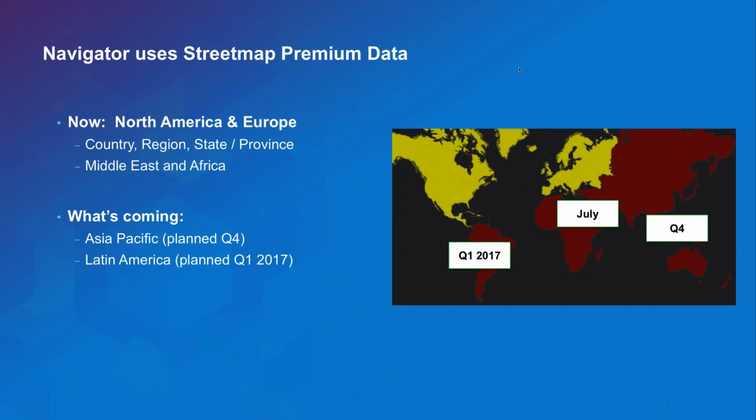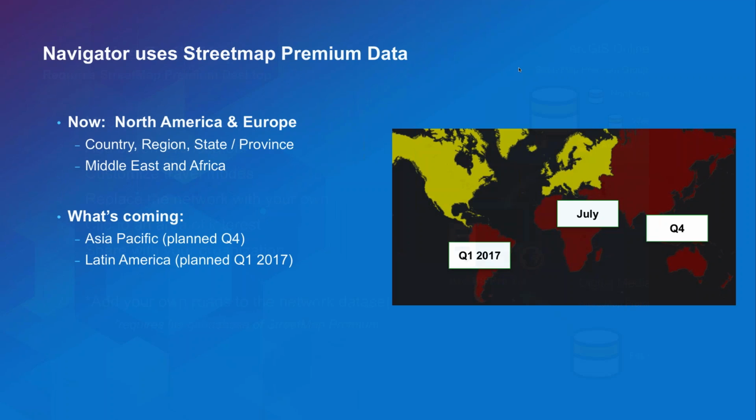With the Street Map Premium data for coverage, we have all of North America and Europe, as well as the Middle East and Africa. We're releasing support for Asia Pacific this quarter, and Latin America is planned for early next year. So we'll have support across most countries in the world with the commercial data offering that Esri provides with